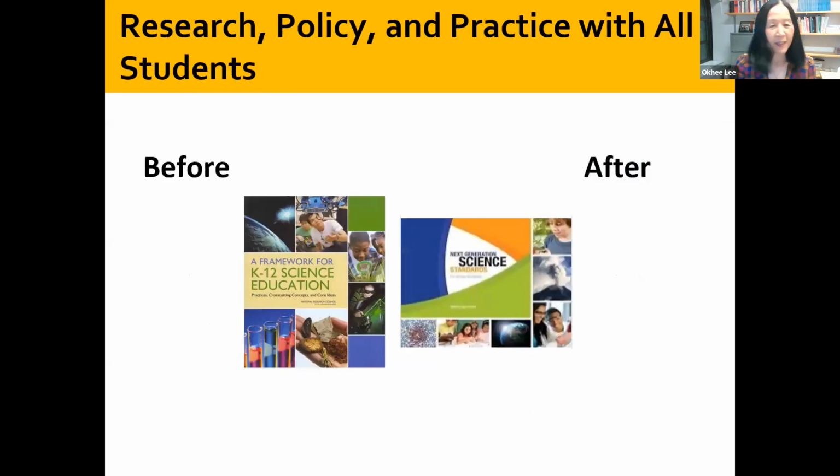Okay, so that's the memory lane of a historical perspective. Now I would like to say a little bit about the research, practice, and policy with all students, and that is a before and after. Now I can say before and after from my personal experience because I was actually doing before the research, before the framework and the NGSS, and after. And I see such a drastic difference between before and after. So I would like to share some thoughts about what do we mean by before the framework and NGSS and